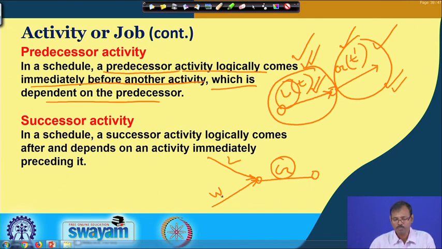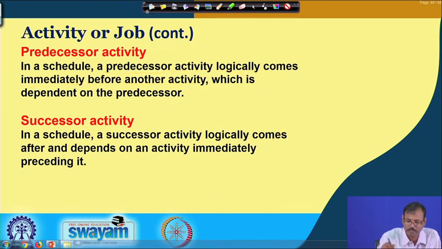Okay. So, the nodes can be used for some other thing also, that is also possible. That is why these are essentially required: there may be more than one predecessor, there may be more than one successor, and when you analyze, you will understand this in a better way. So, the number of predecessors and successors may be more than one, and that makes for a more complex situation in this network analysis.